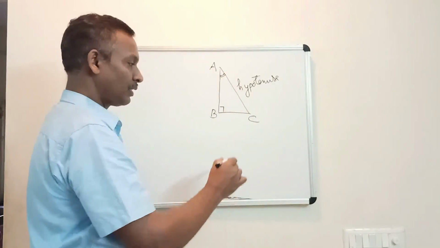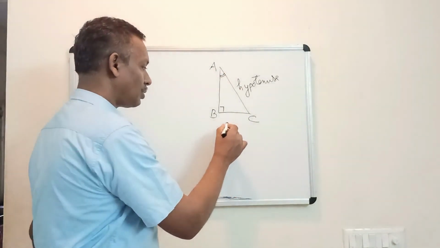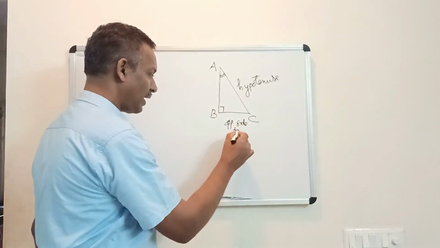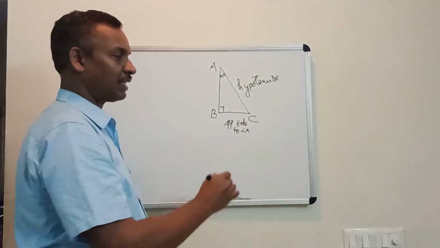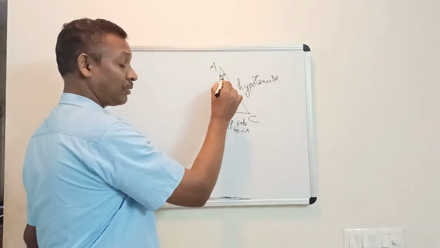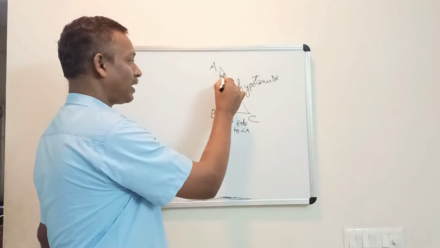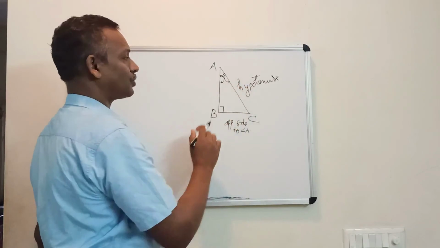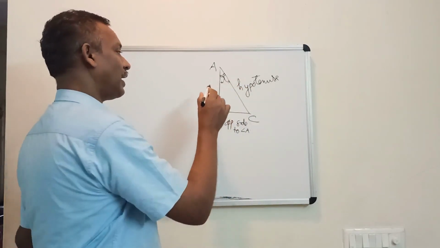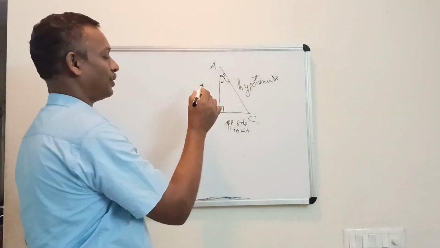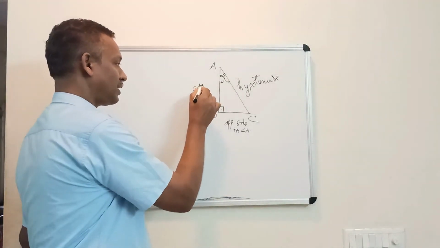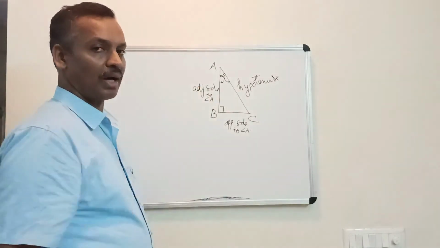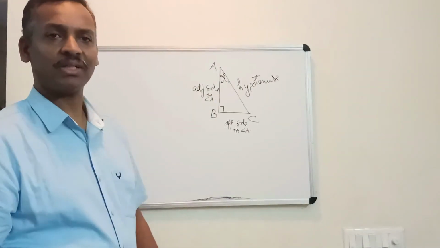According to A, this side BC is called the opposite side to angle A. And the side which is near to angle A, but you have a confusion. Near to angle A, there are two sides which are adjacent. But we already named the hypotenuse, so there is no confusion. The adjacent side to angle A, other than the hypotenuse, is called the adjacent side to angle A. And in this way, we have to name the triangles.